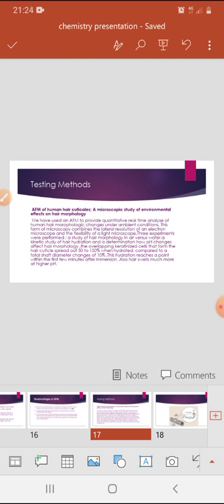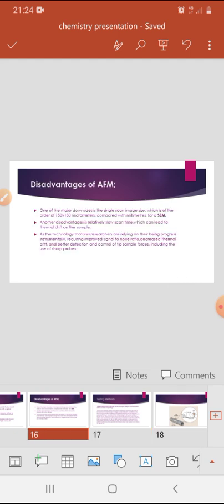And now the testing methods of AFM. AFM of human hair cuticles, a microscopic study of environmental effect on hair morphology. We have used an AFM to provide quantitative real-time analysis of human hair morphologic changes under ambient conditions. This form of microscopy combines the lateral resolution of an electron microscope and the flexibility of a light microscope. Three experiments were performed: a study of hair morphology in air versus water, a kinetic study of hair hydration, and a determination of how pH changes